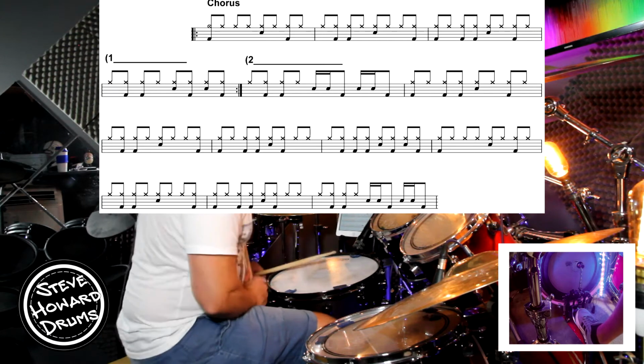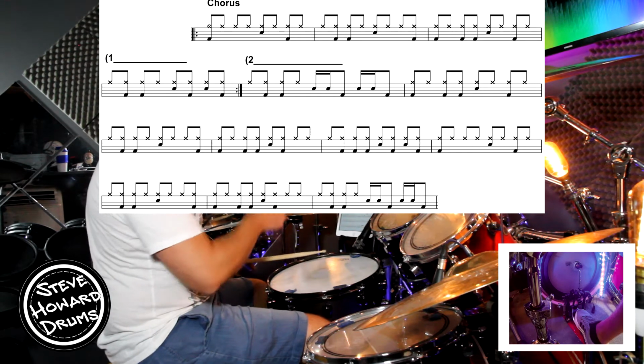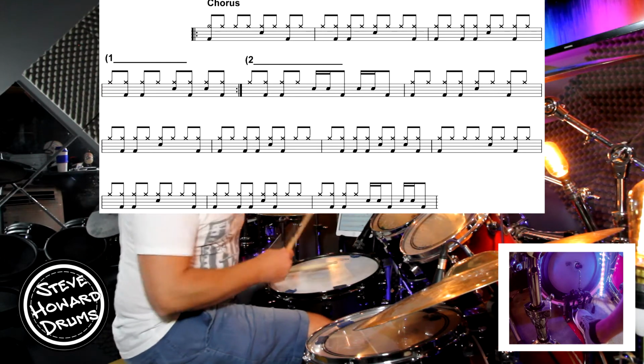So let's look at this bar. This is the fifth bar from the second time bar. It starts with a hi-hat. We're going to go 1 and 2 and 3 and 4, and a little bit tricky when it's up to